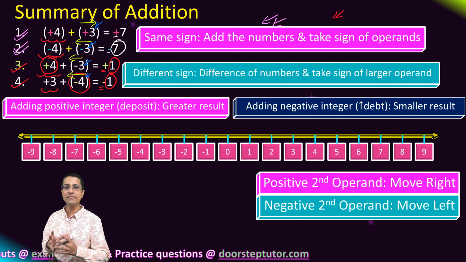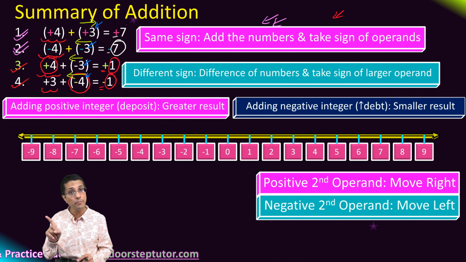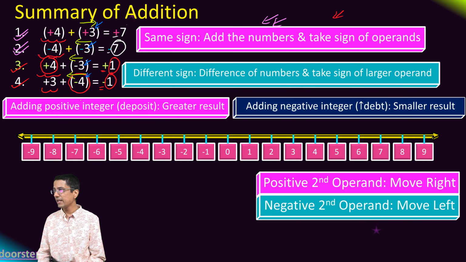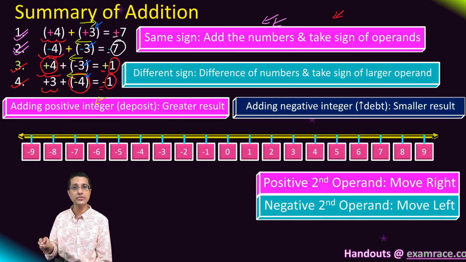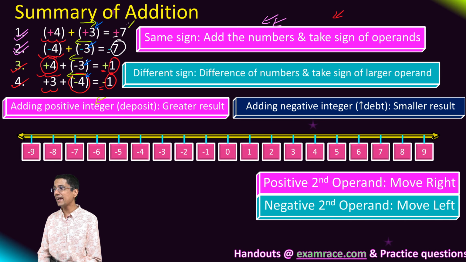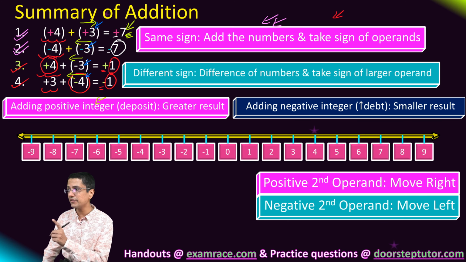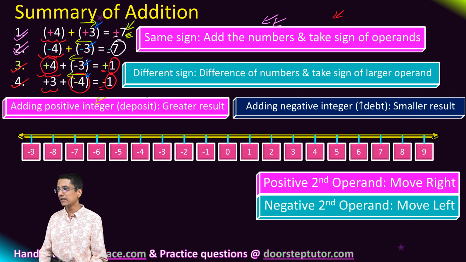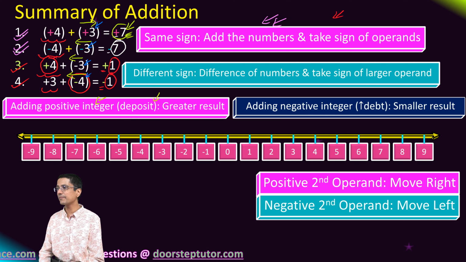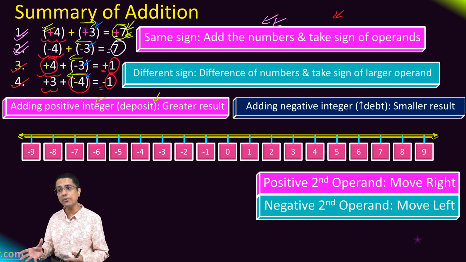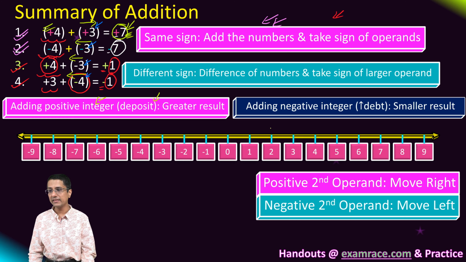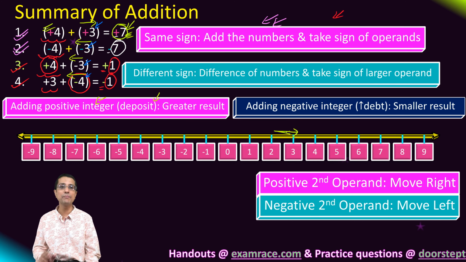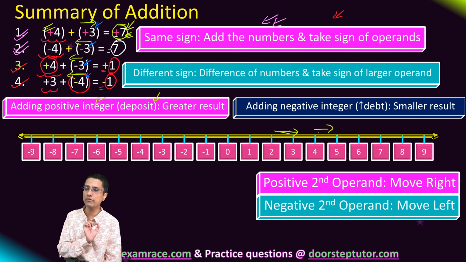The last two, and again very important properties for your Olympiad, mind you, are these two. If I add a positive integer, no matter whether my starting integer was negative or positive, as in the first case, the final answer is greater than the number that we started with. And that is to be expected, right? Because if I am adding positive integers, I am jumping towards the right, so my final answer would definitely be bigger than my starting number, because towards the right the integers would always increase.